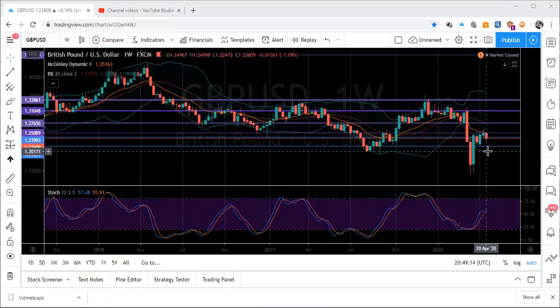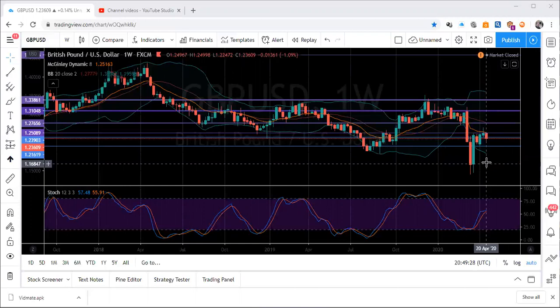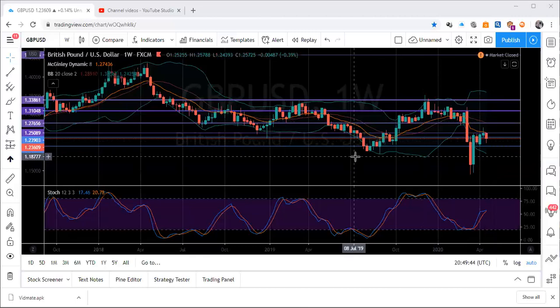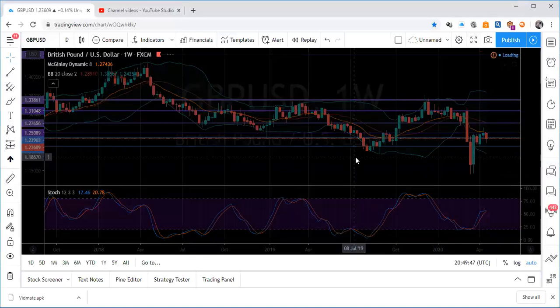Sorry, 1.2360. That's where price closed. I'm looking at the low at 1.2161. Sorry for that slip. So we're looking at price coming back to test this support at 1.2161. We could look at it on a daily basis and see what price most likely will do on a